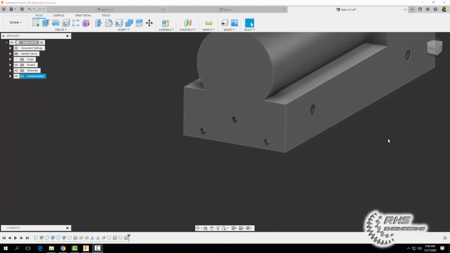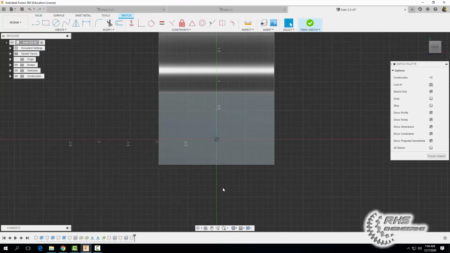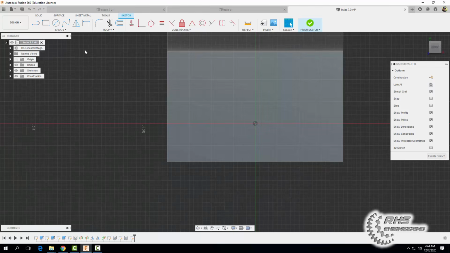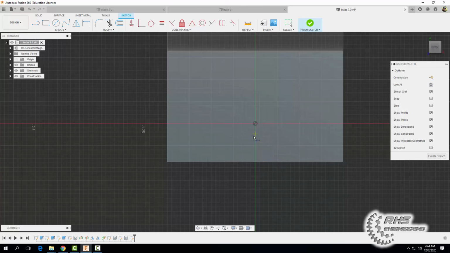Alright, and the next thing we want to do now is flip our train around here on the back and start a sketch here. So we're going to come on over here, start a sketch there. Okay, I'm going to zoom in a bit. We're going to make a point, and we're going to set it somewhere in this area. Actually, you know what? Come to our origin and just come right down. Okay, hit escape and dimension this guy to be